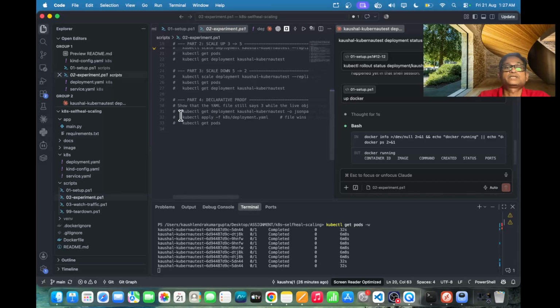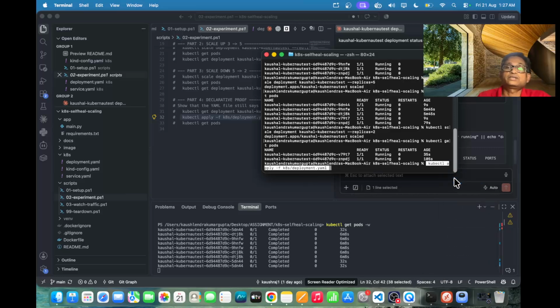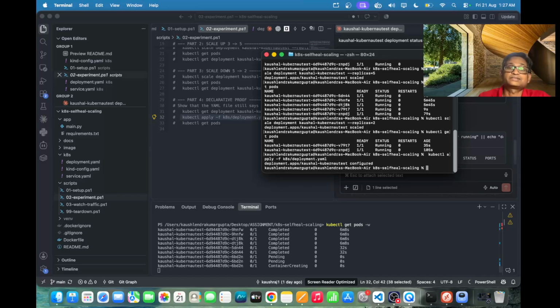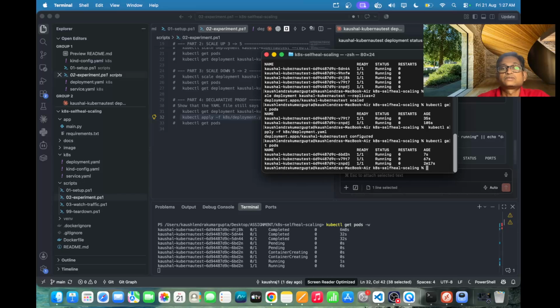Now next one is that if we apply this command, inside the deployment.yml we have set replicas equal to 3. Now it will create 3 pods because 2 are already there and one more will be created. So you can see here, yes, now 3 are created, and 2 were available already, and this created the new one. So this is the overall experiment